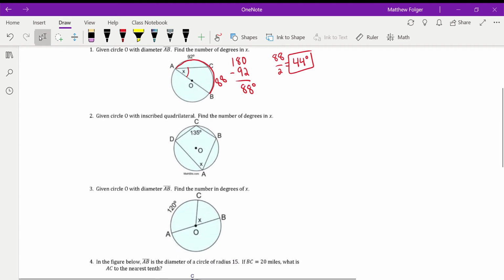Number 2 is fairly straightforward. If you watch the videos in the notes, whenever you have two inscribed angles that open up to a whole circle, what you can think about is this. The entire circle is